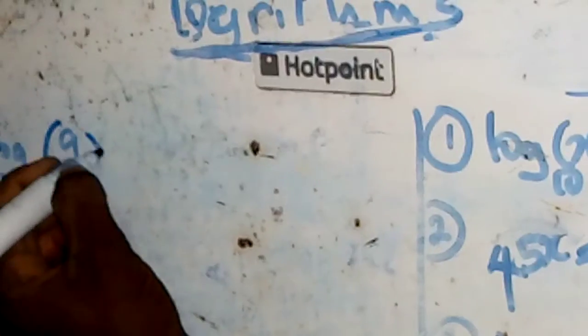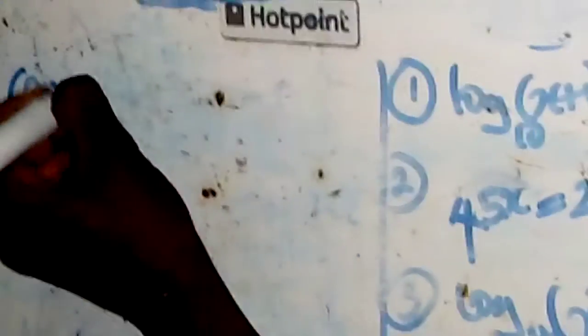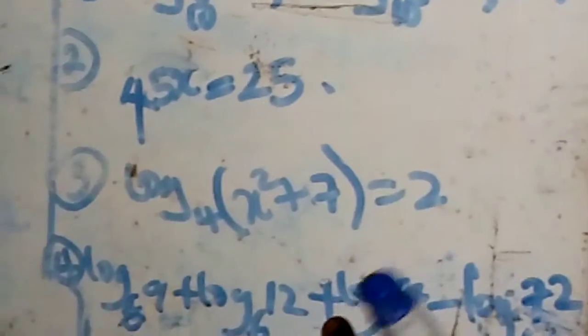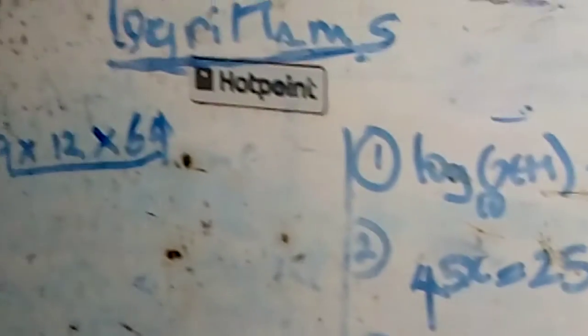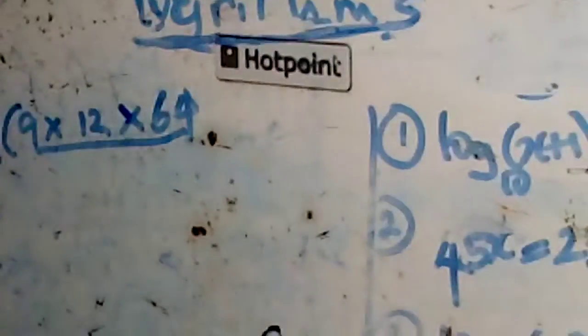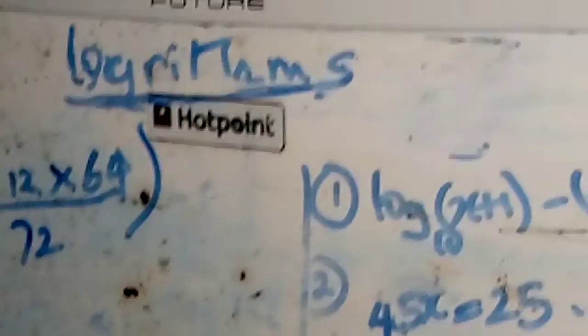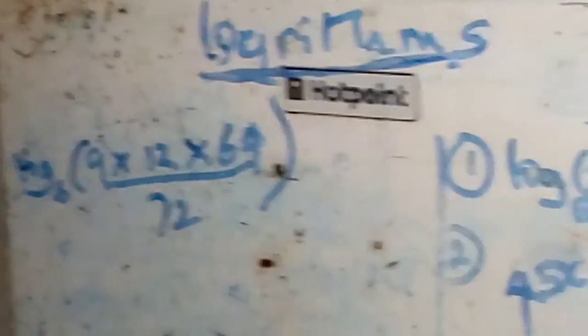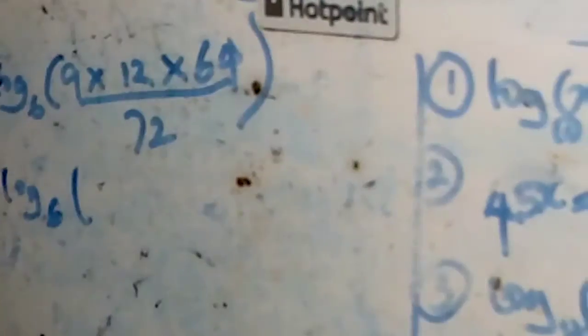Positive bracket, 9 times 12. This minus turns to what? Okay, plus, and another plus, times 64. This divided by 72. So it doesn't really cost anything. So it will now be log 6 open bracket. So when we multiply everything together,